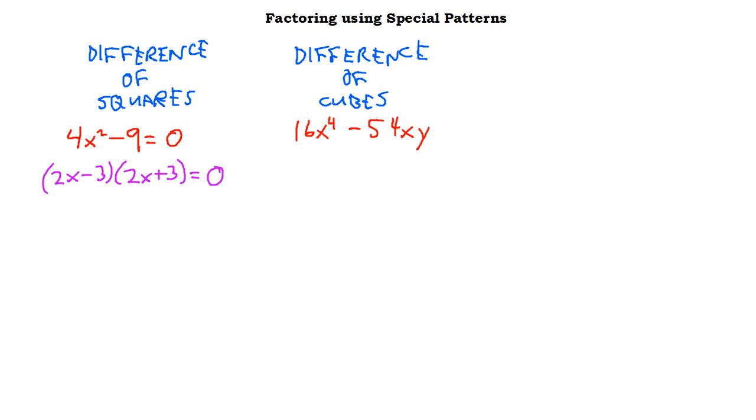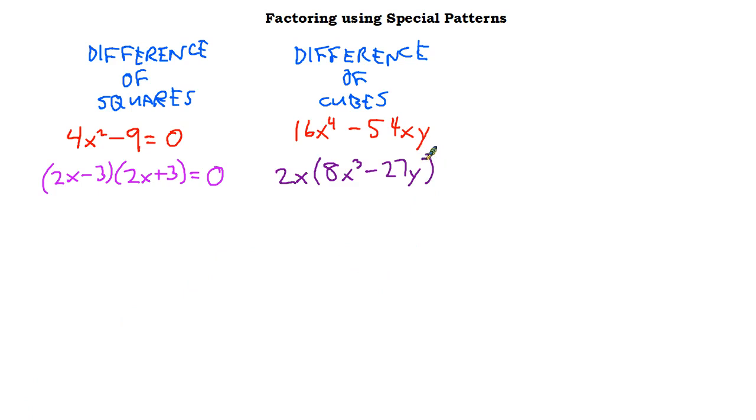Okay, so the next step is, before we do anything else when factoring, we always factor the GCF first. So I'm going to take out, in this 16 and this 54, there's at least a GCF of 2. So I'm going to take that out. And then there's an x to the fourth here and an x here. So I'm going to go ahead and take one x out because I can do that from both of these guys. And now I've pretty much factored out my GCF. So I'm left with 8x cubed and minus 27y. Now,